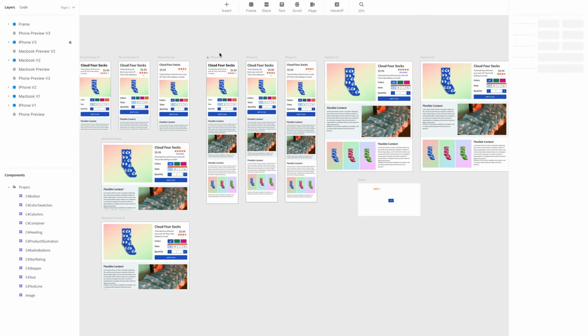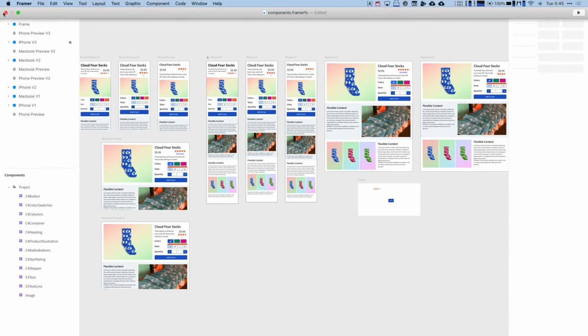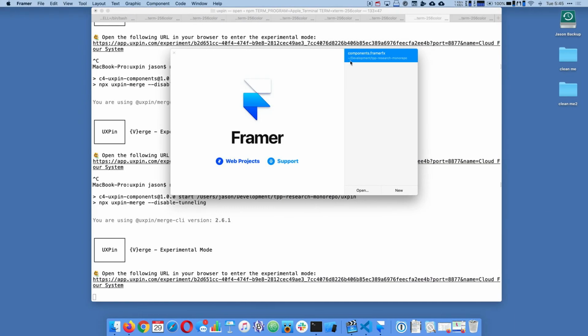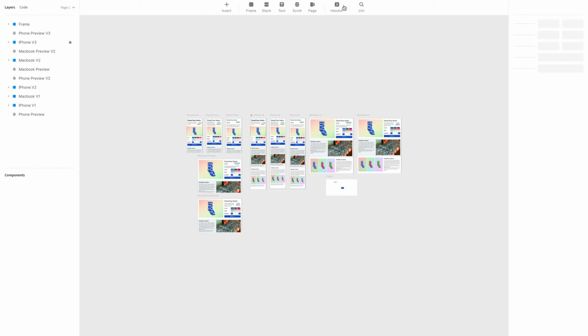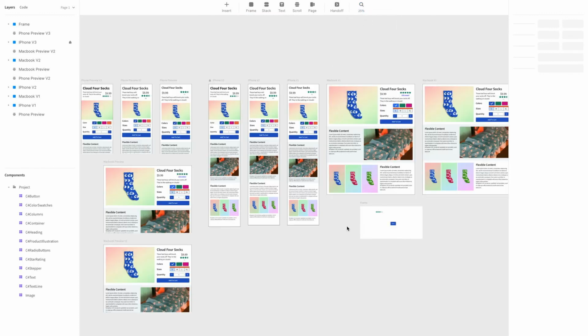And if we move over to the Framer desktop application and we close this document and we reopen it, what we will find is, yes, let's zoom in. We have green stars. So that is a simple example, one CSS change, but you can imagine in a large